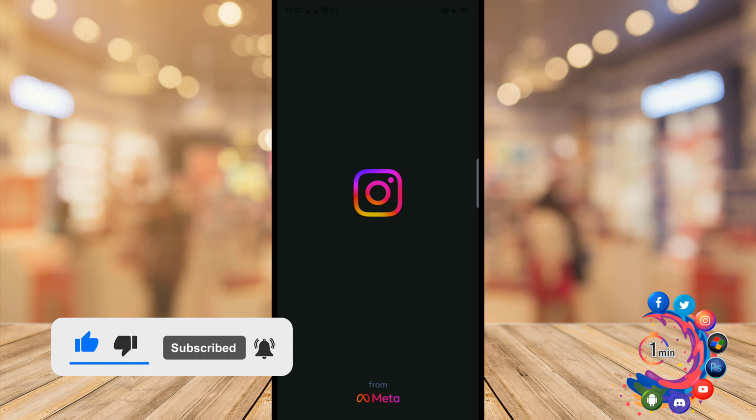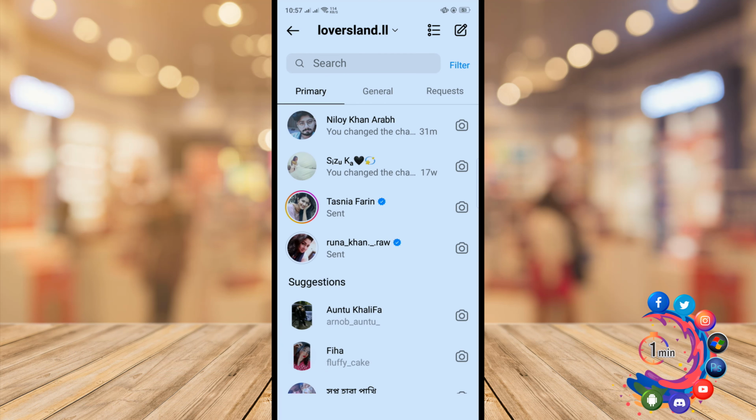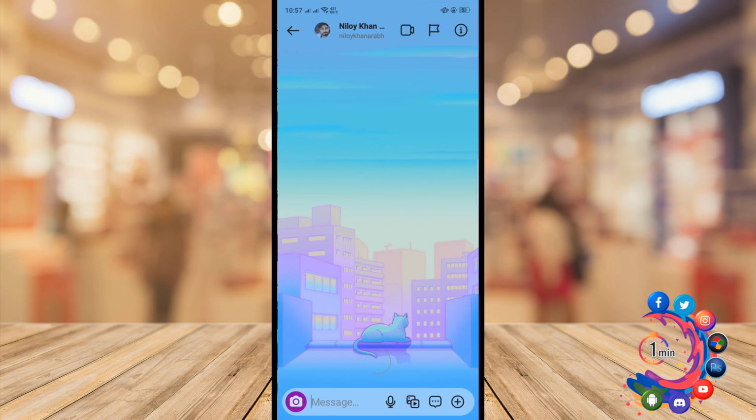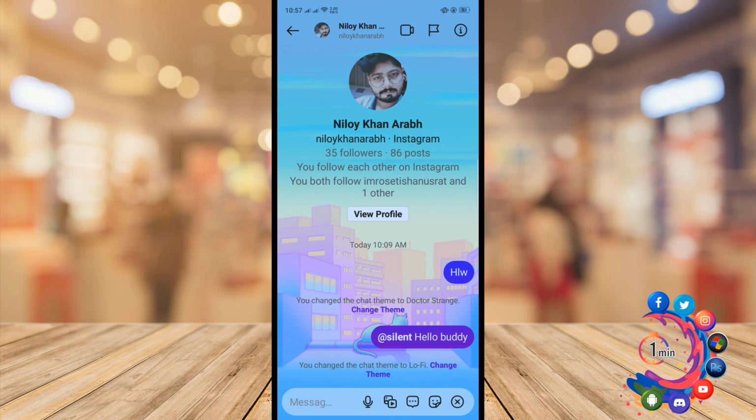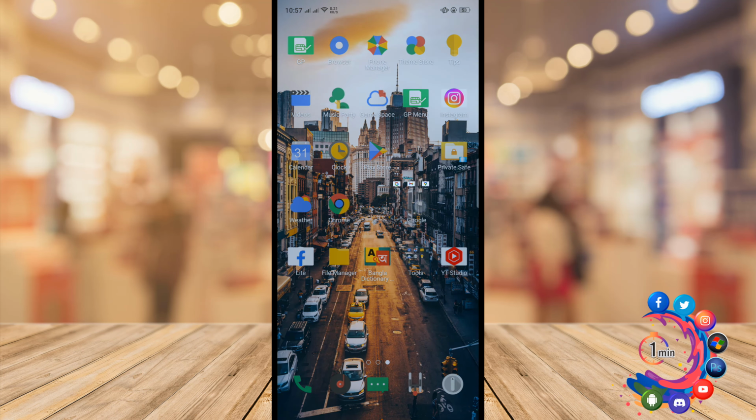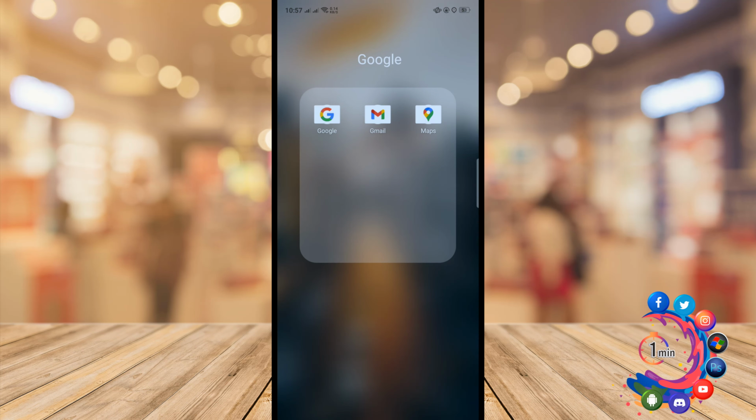How to 1 minute. So I'm going to my messaging option here and I'm opening a conversation. Inside of Instagram, there is no option to send location in a message. To send location, you will need to open your Google Map application